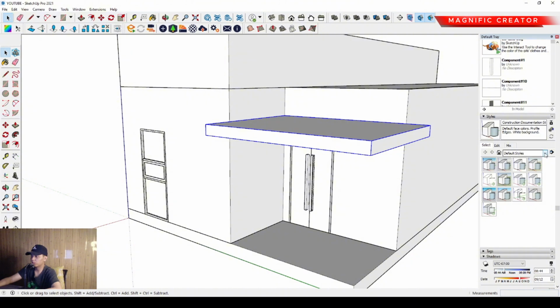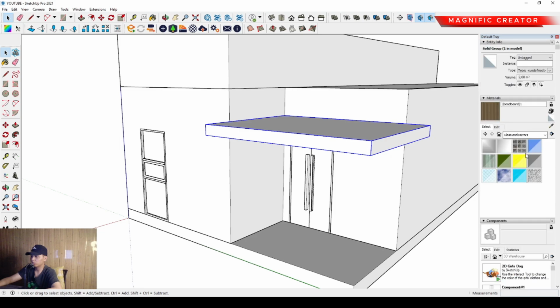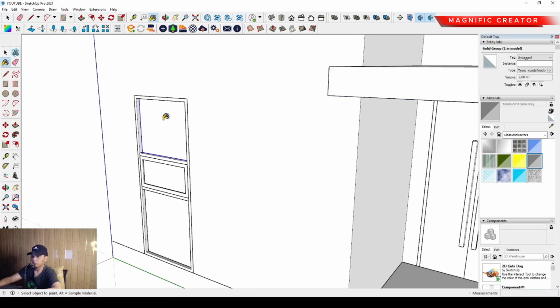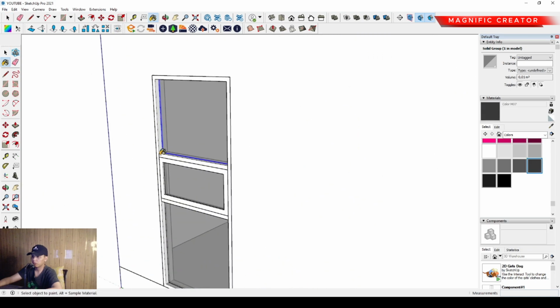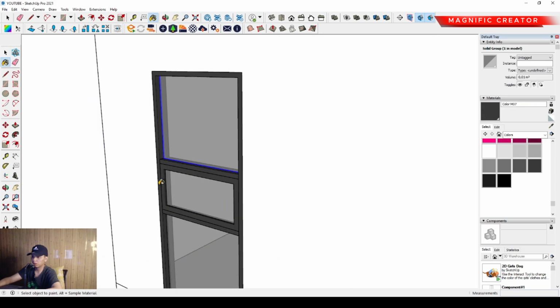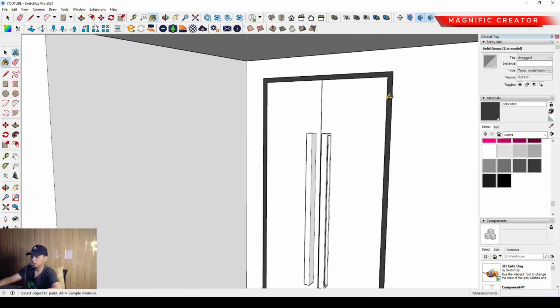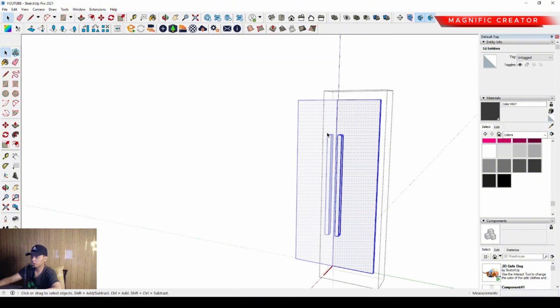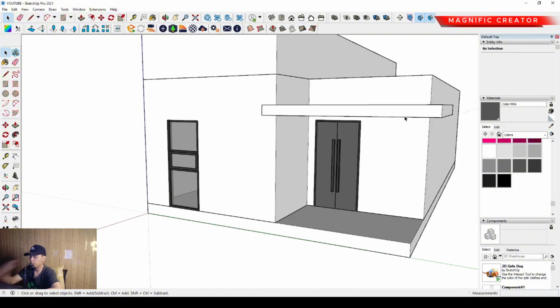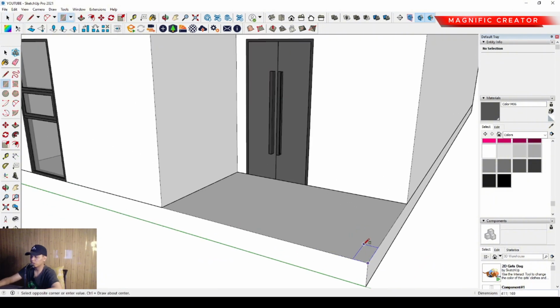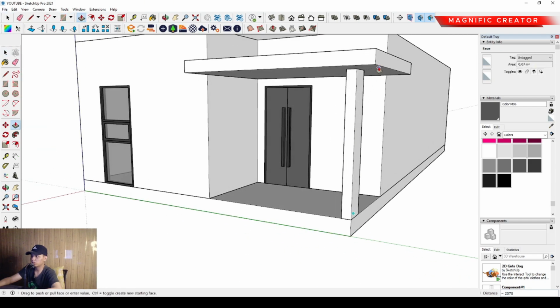Then we can set the material of it with glazing material. We can select the glazing material over there and use it. Then we can set the frame color of the window and the door. Anyway, we can select the frame, the window and the door, something like this. So then we can set the frame color again. Then we can set this handle only to black color, and we can select another color for the window over there. Okay, then we can set the support with a rectangle as a column support of this